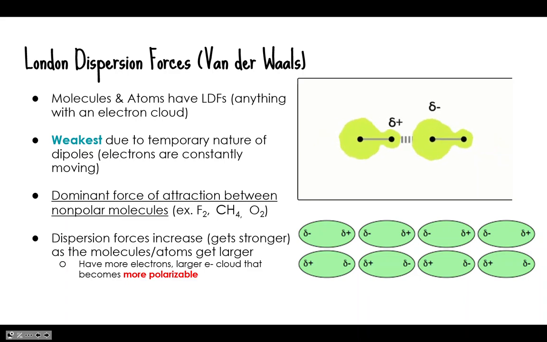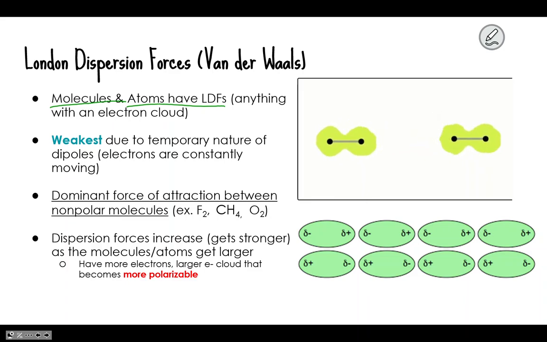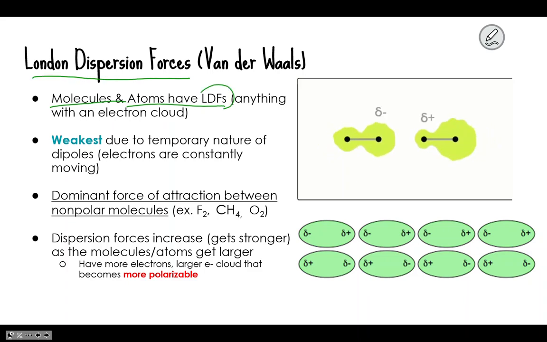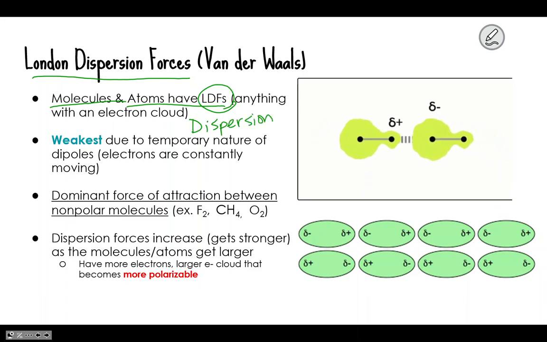Now, London dispersion forces are the first type of intermolecular force. Molecules and atoms have LDFs. Anything that has an electron cloud in the covalent category is going to have London dispersion forces. Now, you can call them London dispersion forces, you can abbreviate them LDFs for short, or you can just call them dispersion. Any of those would be correct, okay? These are the weakest of all the three intermolecular forces. It's because they are temporary